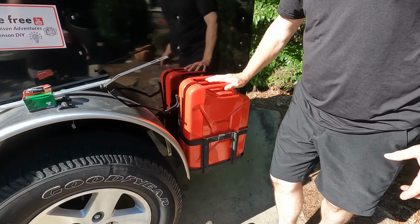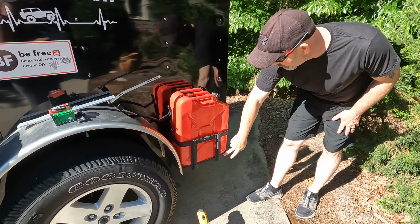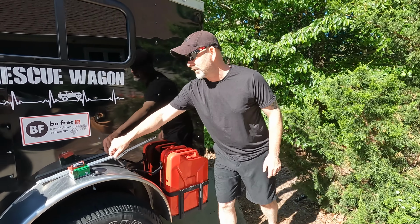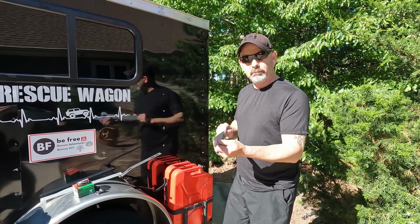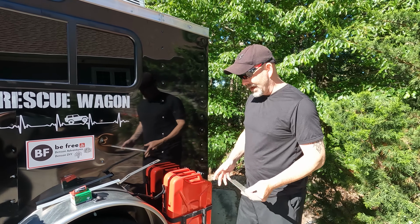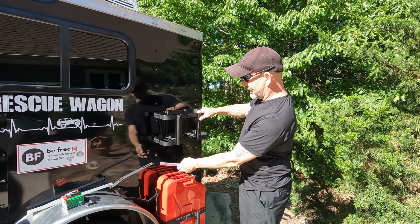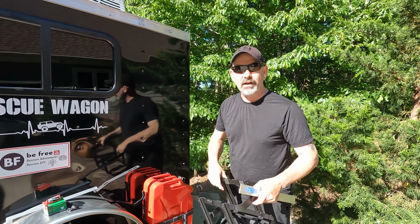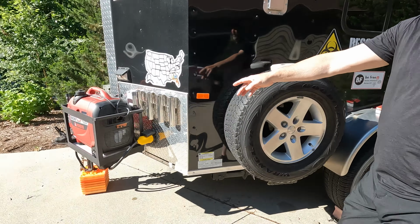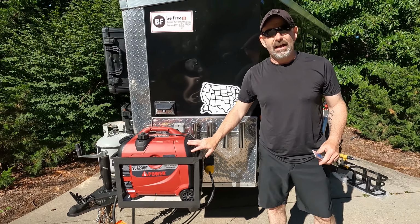This one has been on here for a while, and what I did is I mounted the bottom, I screwed into the bottom plate, but then for the next section up, I had to use aluminum bars to go into the studs so that it would support it in the middle. So now I'm going to put on another gas can holder up far enough that I can get this other one out so that we'll have enough gas to run the generator, which we've recently mounted up front,